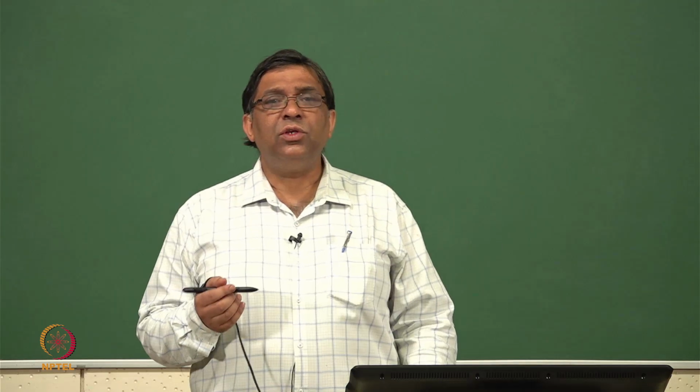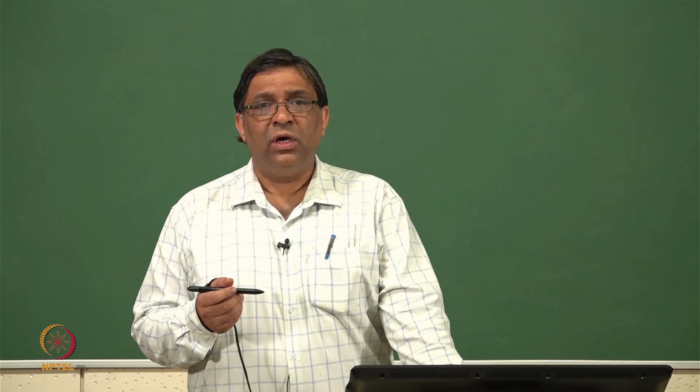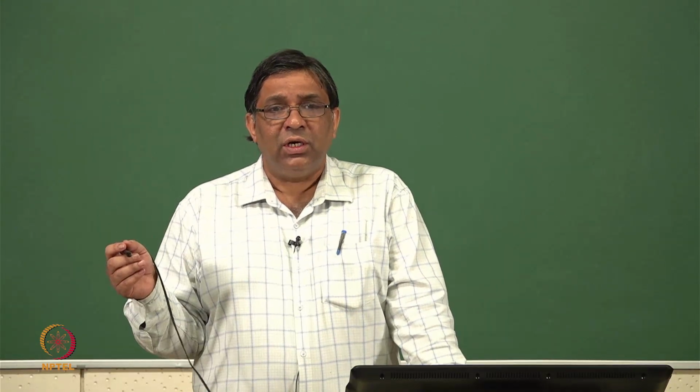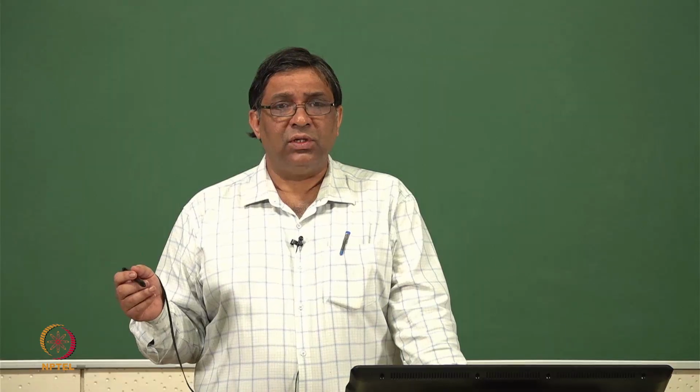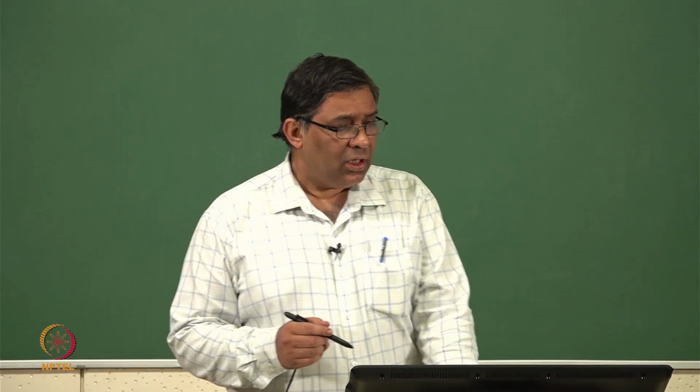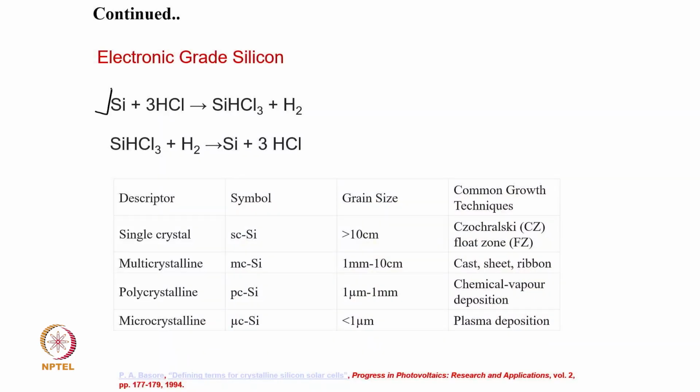But now what you need to make an electronic grade silicon, and that is what is required for your integrated circuit or the electronics or in the semiconductor solar cell or many other semiconductor devices. Then you need some more process. You have to treat it with HCl, hydrogen chloride, and you produce SiHCl3, and then hydrogen is produced,